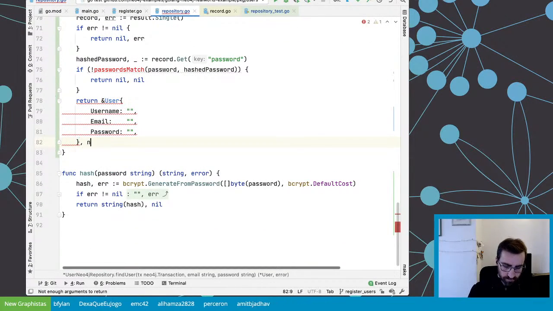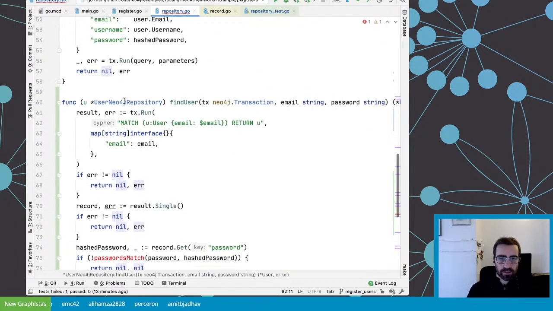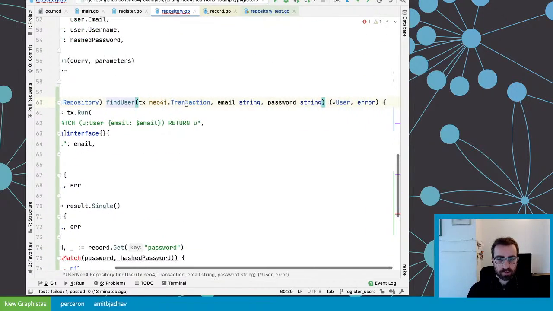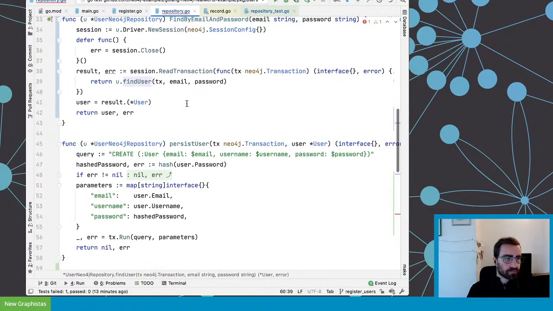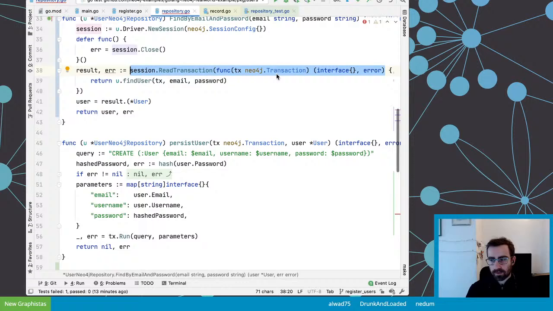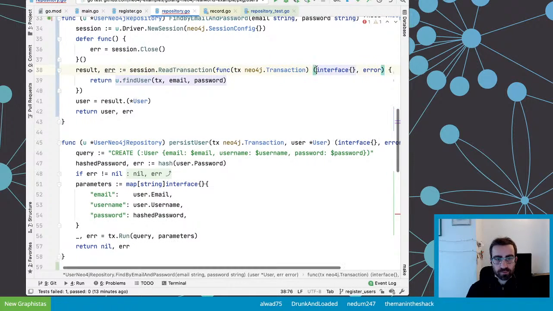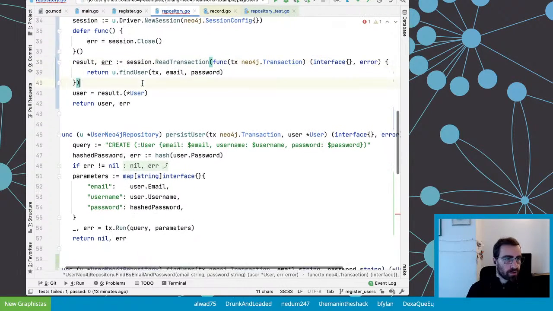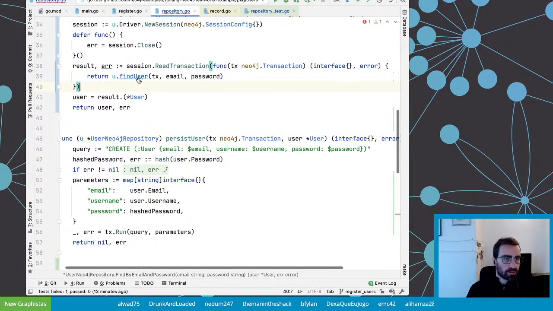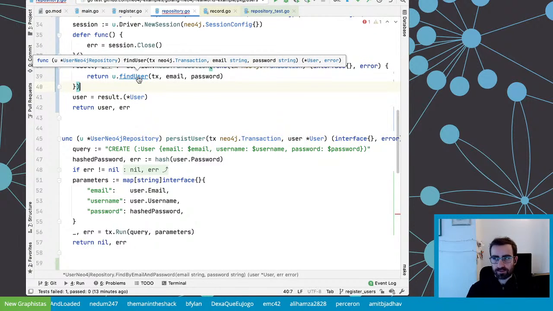And nil. Yeah, so hopefully at least this signature is a bit more meaningful, and it still works with the outer one, which is generic from the driver API. I mean, sadly there is not much better we can do, right? We don't have generics, but at least, you know, the compiler is happy, and my find user is hopefully clear enough that it returns a user.